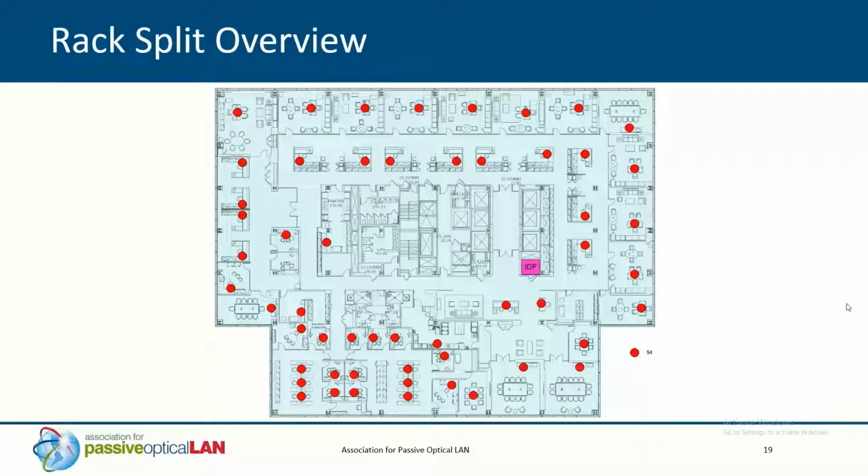So I have an IDF, which is a telecom room with a rack in there, and then within that rack I actually put my splitters. So I would go from my OLT up to my splitters, let's say. My splitters up to my cassettes, and then the back end of my cassettes would be where all the cabling goes out to all the different locations of my ONTs, which are the red dots, as you see here.